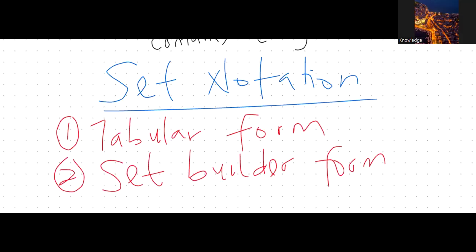So I will give us each of them one by one with examples to help us fully understand them and how they work. Now, for the tabular form,